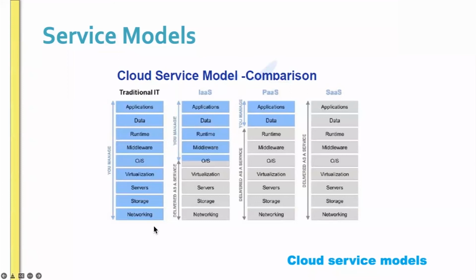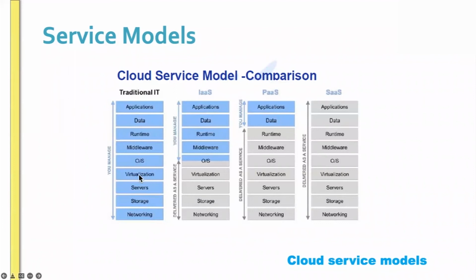So service models. You can see in traditional IT, we discussed initially, the traditional way of hosting your application. We need to build the data center, build the network storage, and purchase the servers. If there is any virtualization, you don't need to worry about this much.